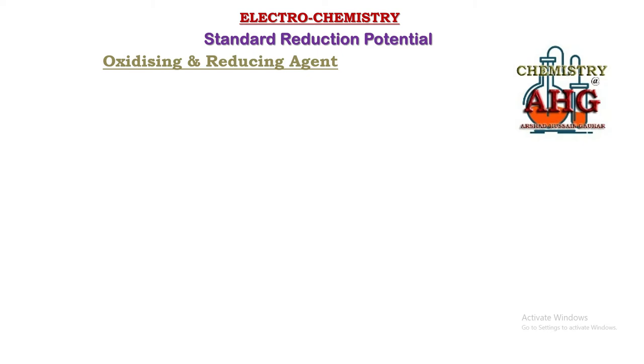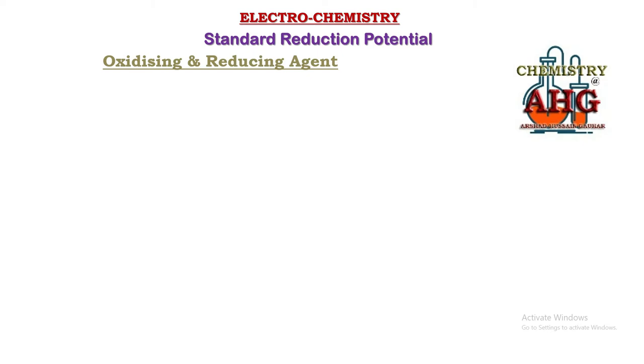First of all, if you want to know what an oxidizing agent is, what you must remember: any chemical substance that oxidizes others but itself is reduced is known as an oxidizing agent. You can also simplify this definition. Simply remember, any chemical substance that undergoes reduction is an oxidizing agent. And what is a reducing agent? Any chemical substance that itself is oxidized is a reducing agent.